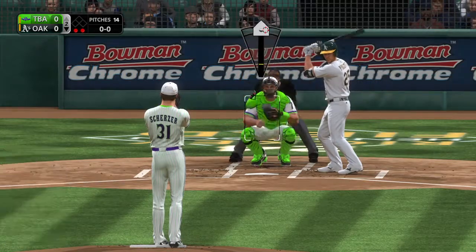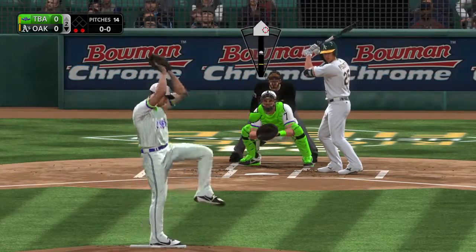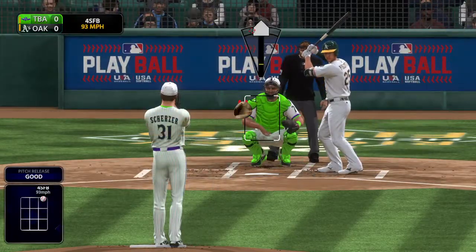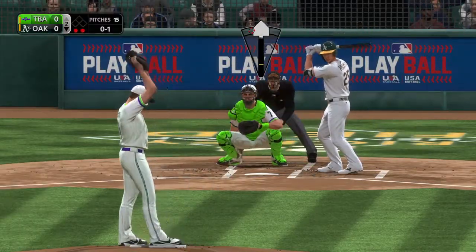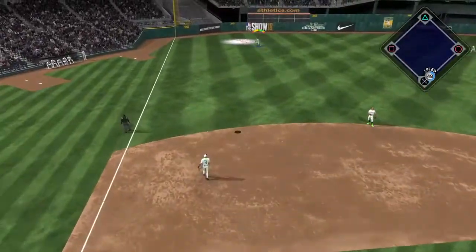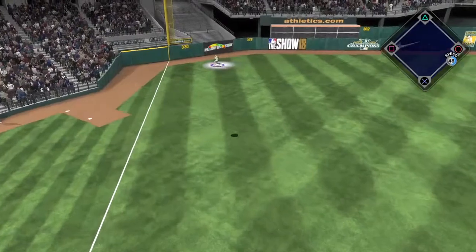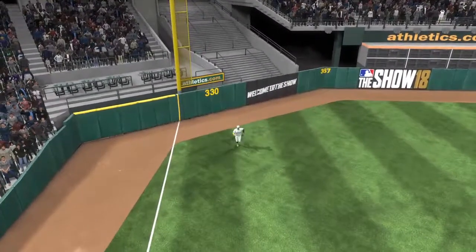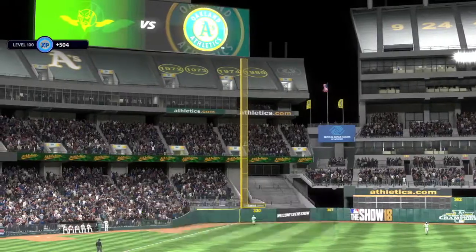Striding in for Oakland, Stephen Piscotty will try to make something happen with 2 gone in the bottom of the second. In there for strike 1, 0-1. A swing by Piscotty, and this is driven to left. Catfish on the move. And he makes a nice catch on the track as that ends the...